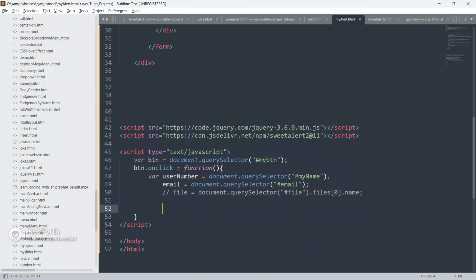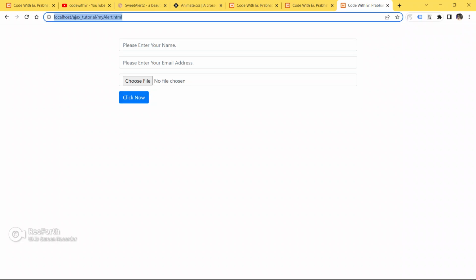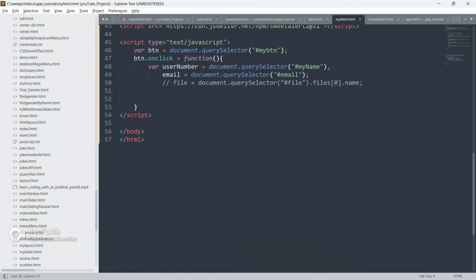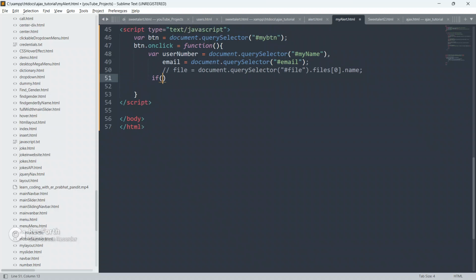Now we are going to check if user has inputted something into this input field or not. Just hide this also, comment this also, save your code, go to the browser and refresh your page. So go here and check if user has inputted something into the input field or not.